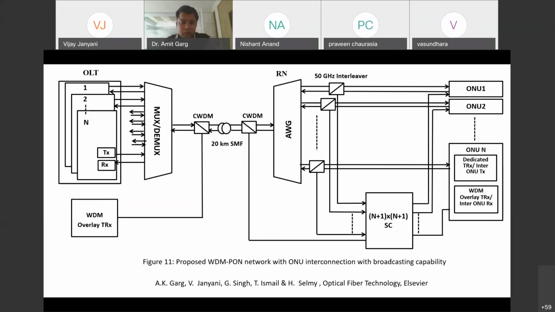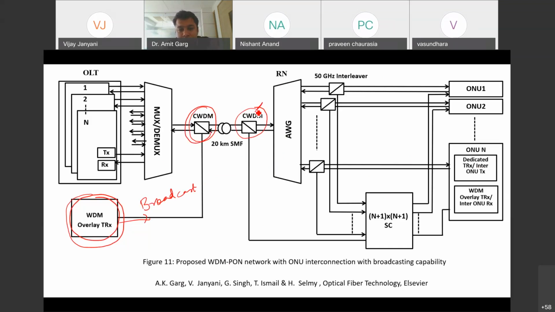It is exactly the same configuration, but the only difference is that you now have an additional WDM overlay transmitter, which is used for the broadcast, and also two different components, a CWDM here and another CWDM.